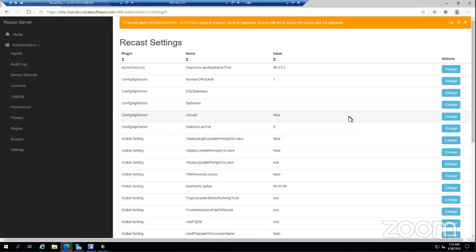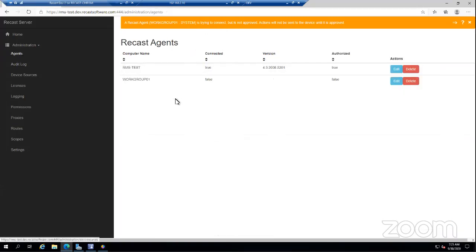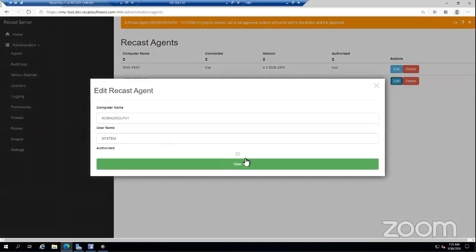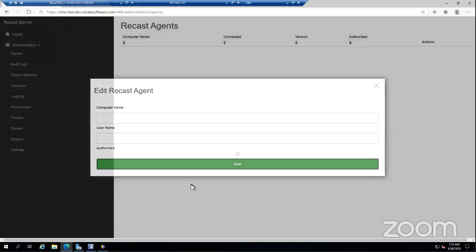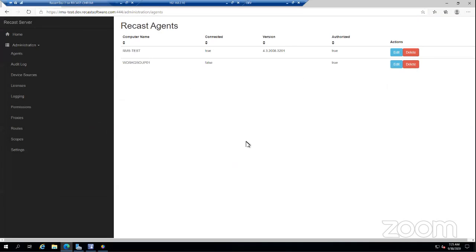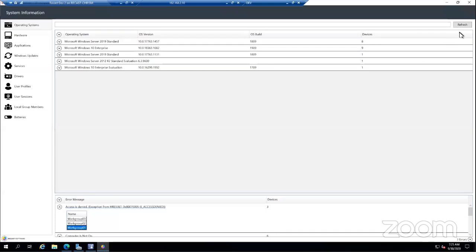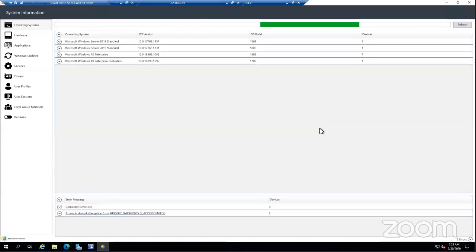But since I installed this agent before I configured that setting, I have to go and configure it or approve it manually. So to do that, I come over to Agents, I hit Edit, and I check the box and hit Save. And notice our error went away, and in a minute we should see it connected via that Recast Agent communication layer. And so now when I come over here and hit refresh, I didn't touch routes here